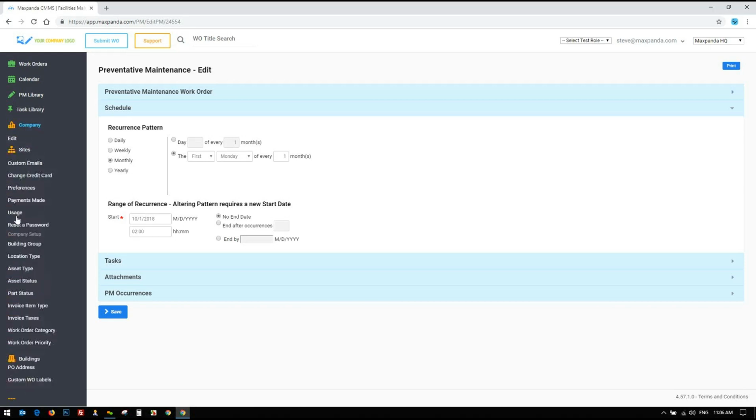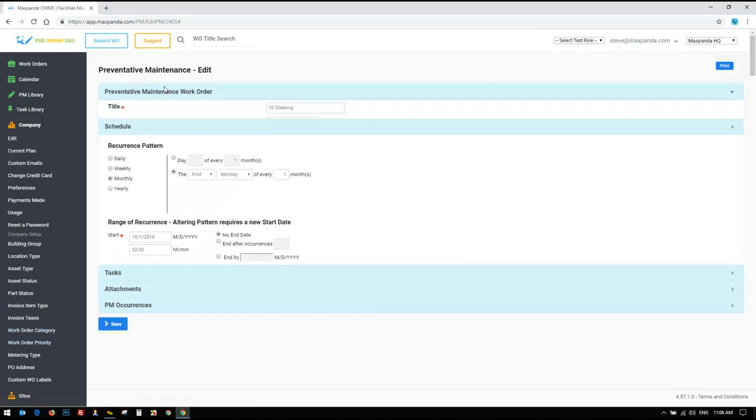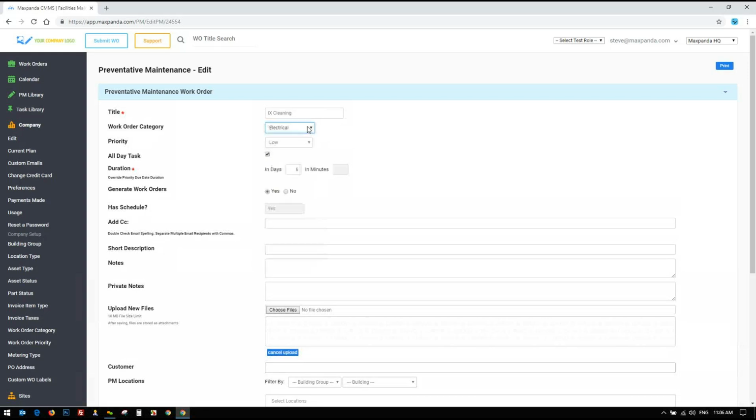Steve. You mean work category? Yeah, we have a category for calibration. Well, yeah, you'd be able to set up the PM towards that category under here, this for sure, but